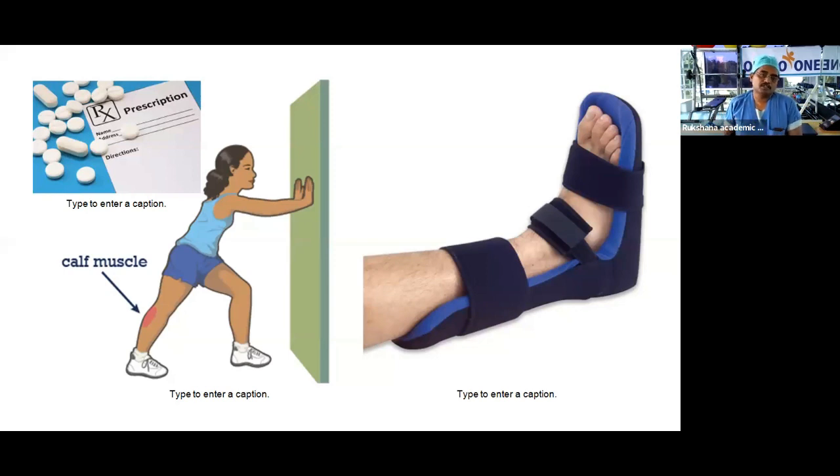But maybe 10 to 15% of people may not get better. Then in that case, what we do is a second line of treatment. We give a local, mild steroid injection. People get taken aback the moment you say steroid, but this is a very safe steroid. It's not going to have any systemic problems or side effects on the body. It acts only locally, and it's going to give very good relief of pain.